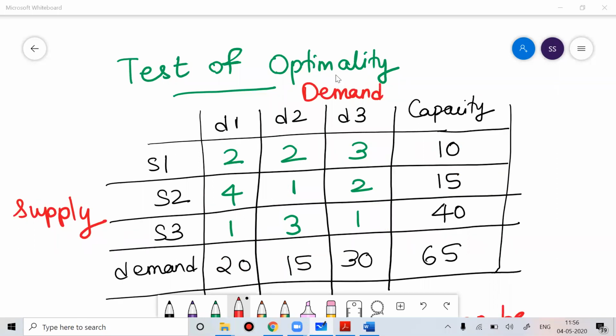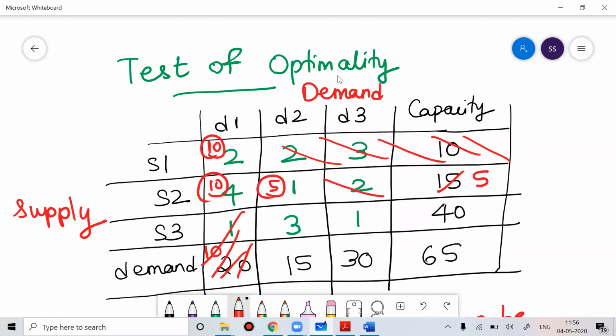So this is the way you need to solve. You start with the northwest corner, that is A11. You always start with A11. So you put 10 here, then this is done. Left is 10. Now you put 10 here. This is done. Left is 5. You put 5 here. This is done. Left is 10. You put 10 here, and then you'll put 30 here. With this, you'll find the total cost. The total cost will be around, I think Shruti told, 115 or 125.